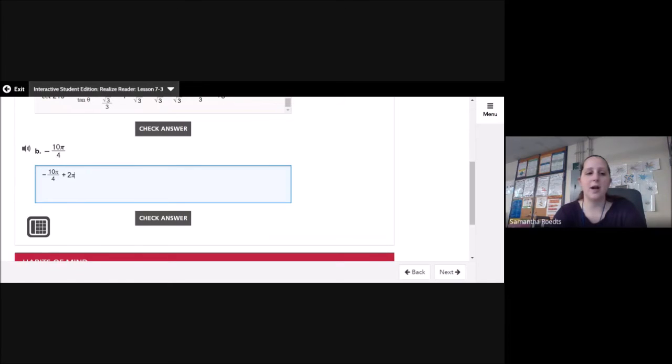I want to add 2 pi to figure out what the coterminal angle is. So negative 10 fourths plus 2 is negative 1/2. Negative pi over 2, or negative 1/2 pi. Okay, so that's going to give me